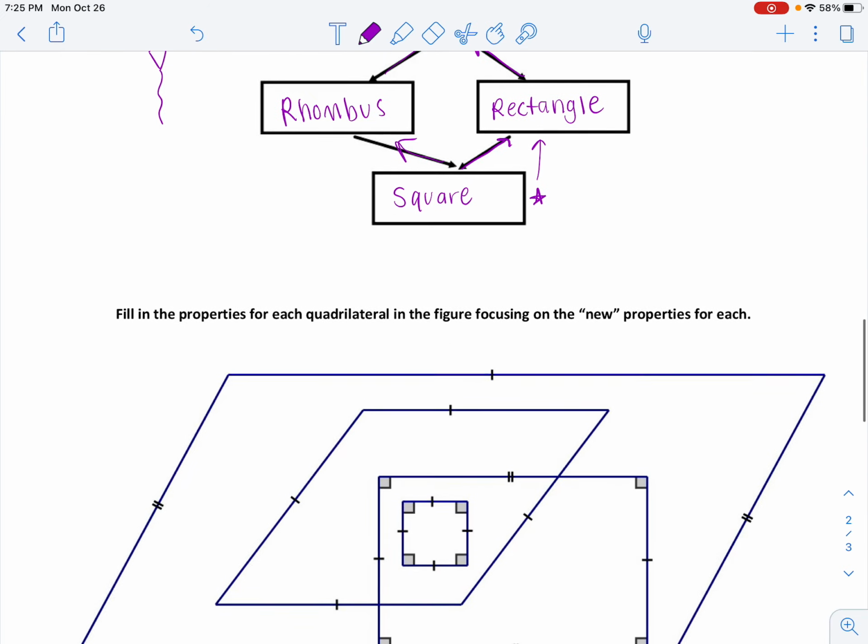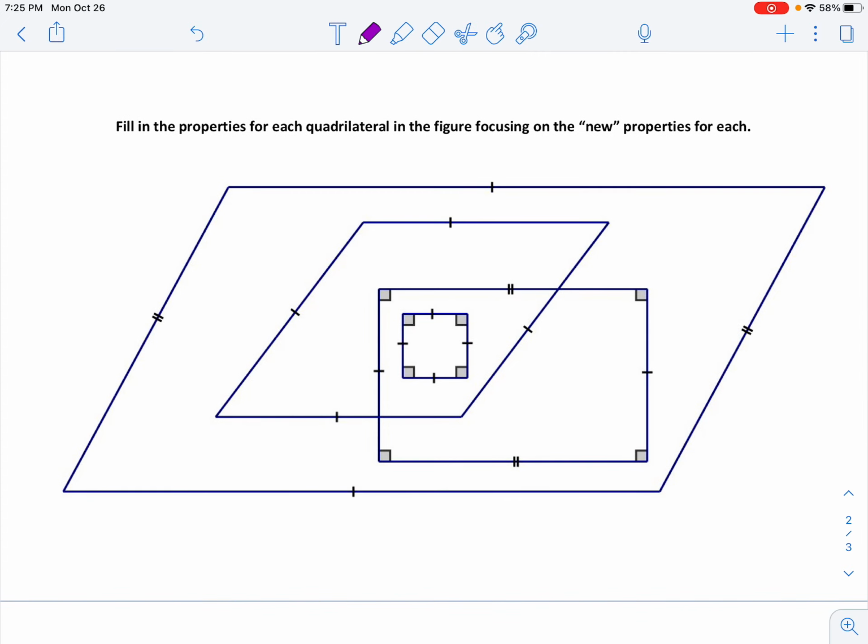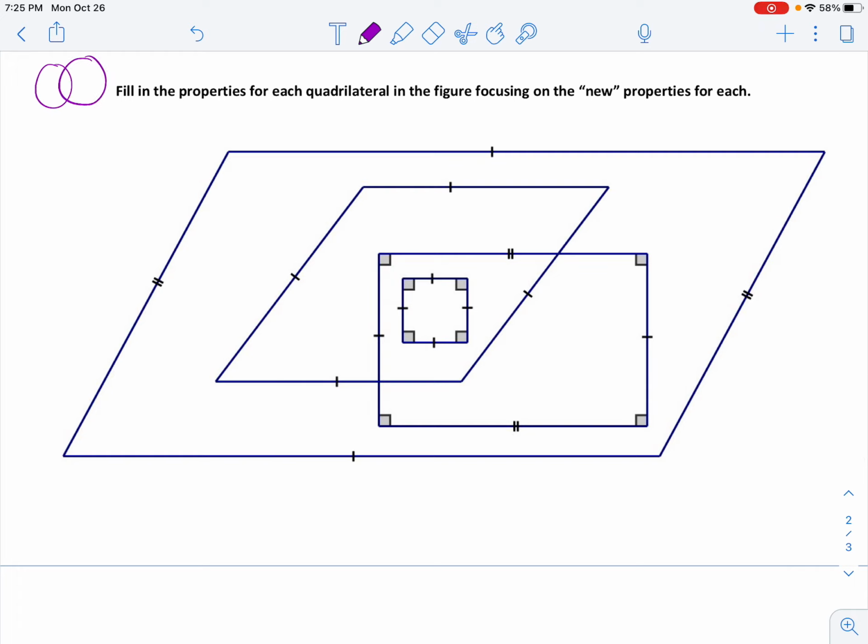Let's get a little bit of a visual of this idea. So we have this figure, and it kind of acts like a Venn diagram for quadrilaterals. If you remember a Venn diagram, it talks about the different overlapping things that different things have in common, right? If I draw my 2 circles, the intersection is what they have in common. That's kind of the idea of this image here. It's talking about all the properties that these different shapes have in common. So let's start with the largest one that all of these other shapes would be classified as well,